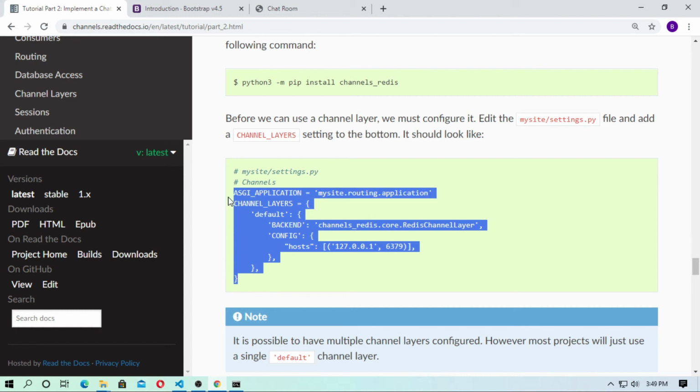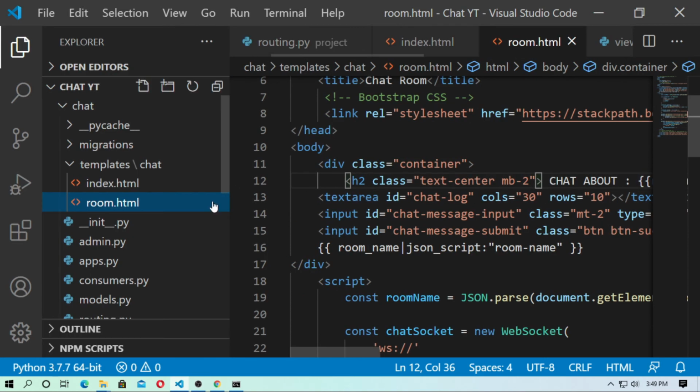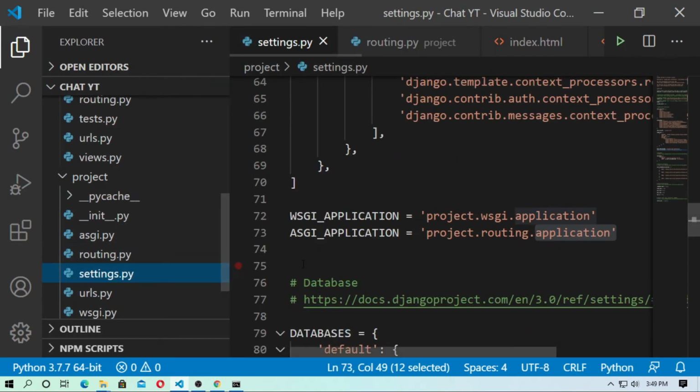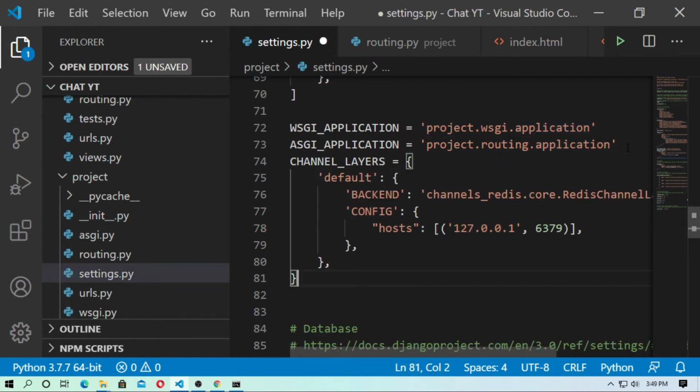Copy this CHANNEL_LAYERS and go to the settings.py. Go to the project and here is the settings.py. Here is the ASGI application. Below the ASGI application just add the channel layer, and the backend is channels_redis.core.RedisChannelLayer.